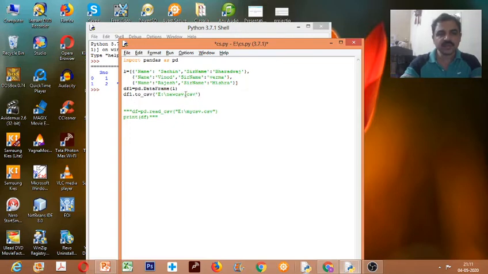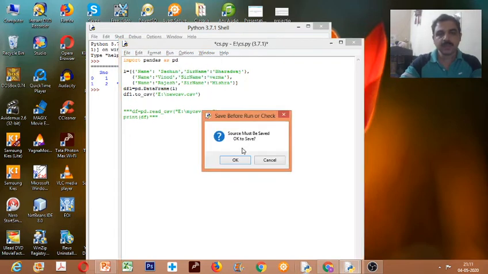I want to convert it into a new file called new CSV. So here I specified E colon slash. That means I am storing it in the E drive. Or if you remove this, it will be saved in the same folder where this file is saved. Clear? So you can specify the path, or directly you can give the name of the file. So now if you run this, what happens is,